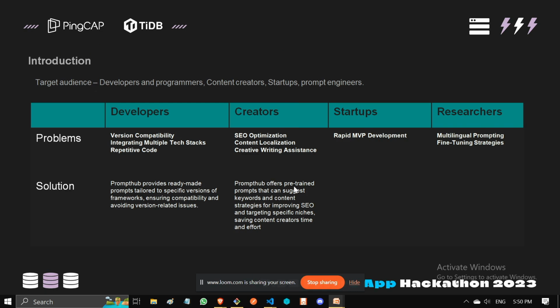This is because of the version errors that he might be facing. The code provided by ChatGPT must be of version 16, but in his code he must have installed version 18, which is the latest one. So this is a problem that he was facing. What he does without PromptHub is that he would go manually to the React docs, copy paste the entire syntaxes through all the pages and paste it into the ChatGPT prompt and say, just take this as an example and generate me the code again. So ChatGPT will generate the version 18 code for him.